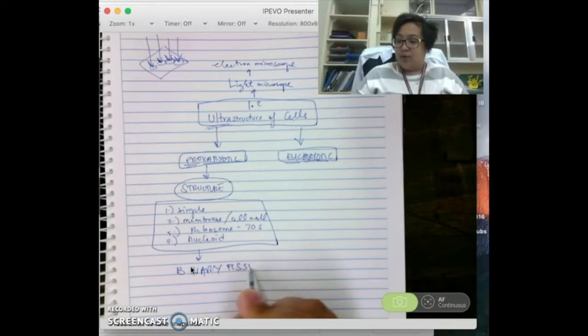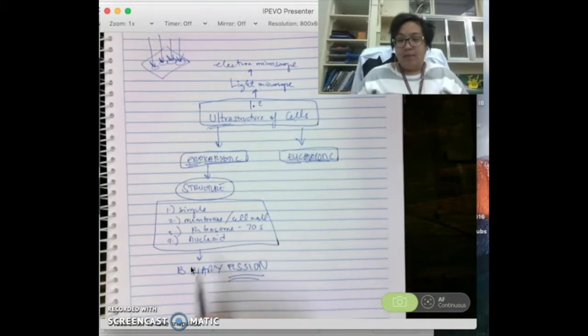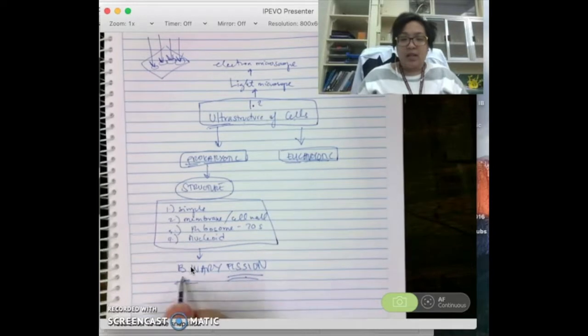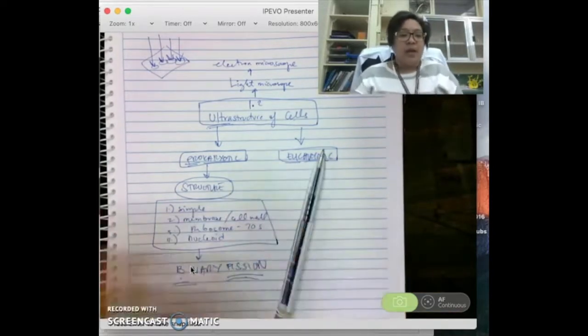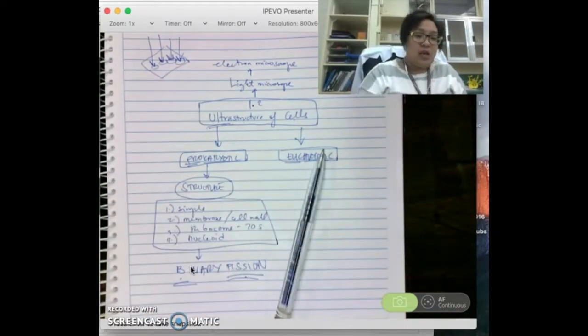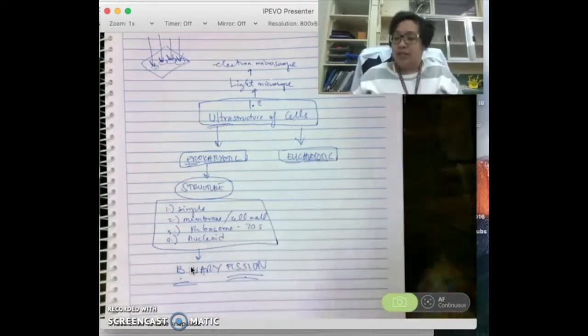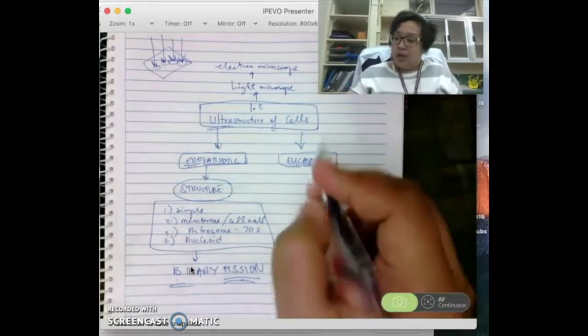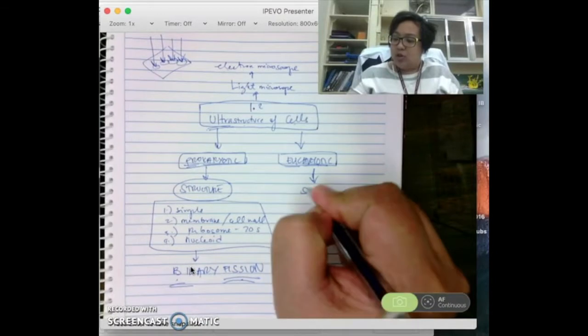Fission, from the word to split. Binary means two, to split into two. Okay, now for your eukaryotic cells, these are more complex cells, and your eukaryotic cell structure shows